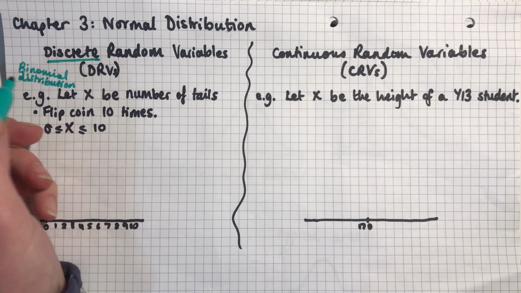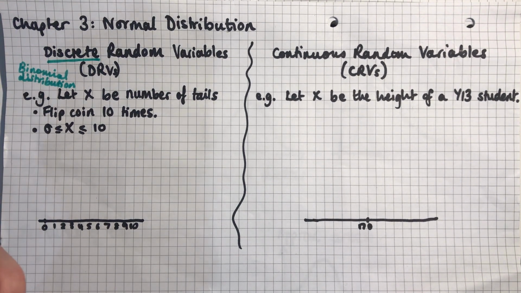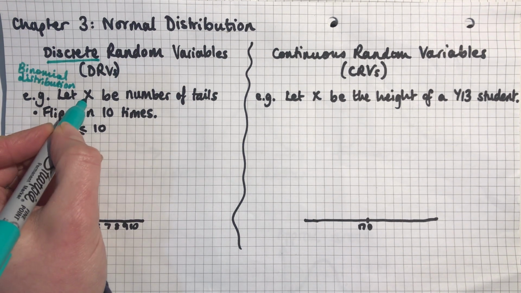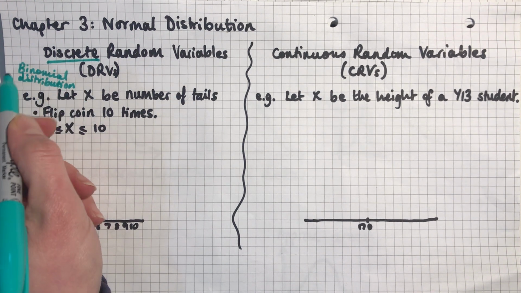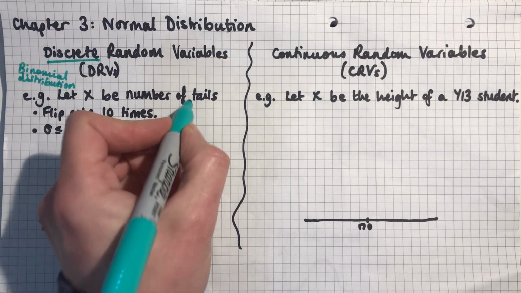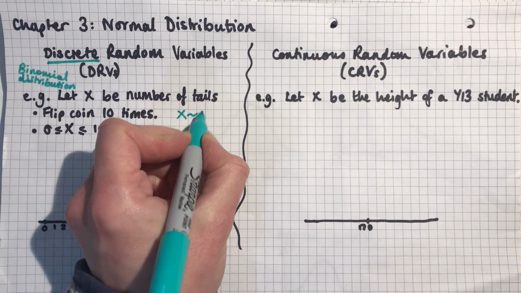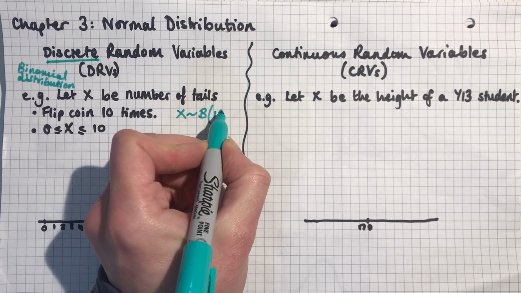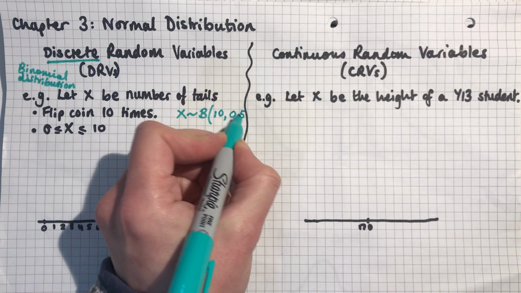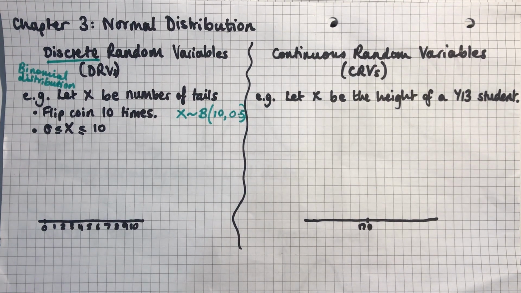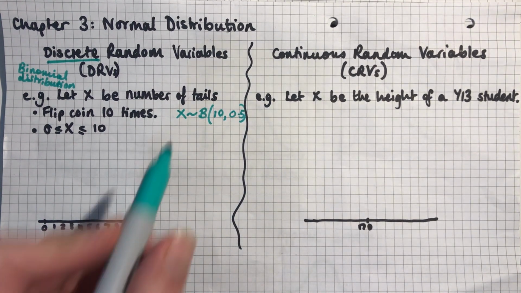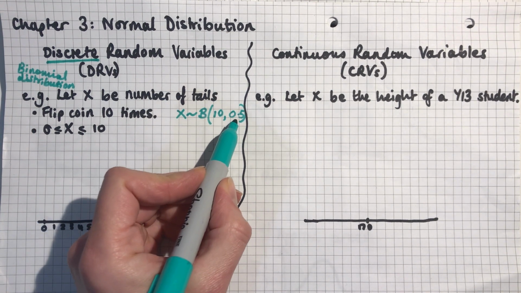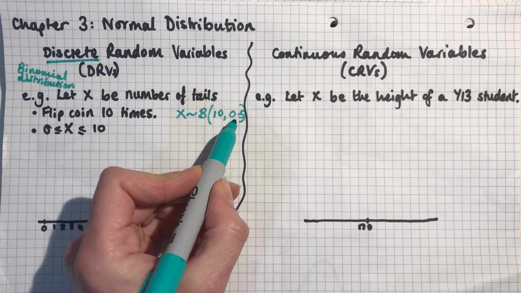So, for instance, if you were to flip a coin 10 times and you might be interested in the number of tails that you get, we are talking about here a binomial distribution. So let X be the number of tails, and we wrote it like this. X is binomially distributed. If it's 10 flips, that means we have n is 10. The probability of getting a tail each time is 0.5. And if you remember, this fits a binomial distribution specifically because we had a fixed number of trials. Each trial was independent of each other, and the probability of success, in this case getting a tail, remained consistent